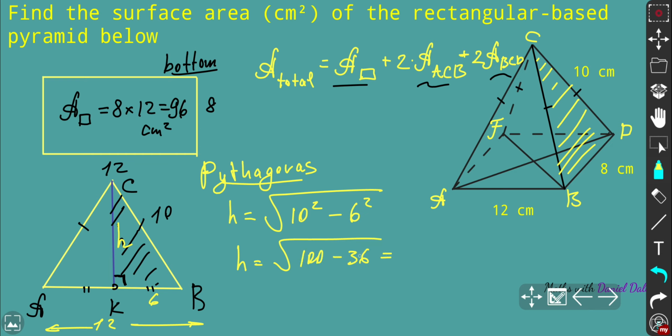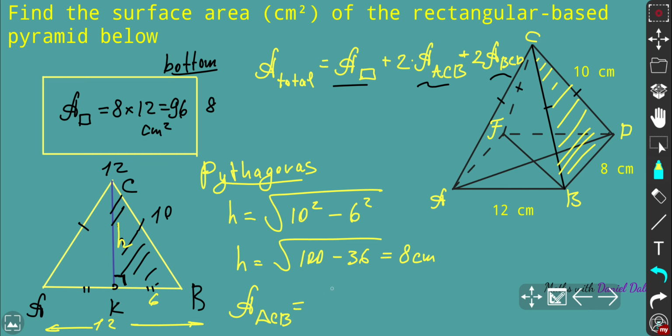That means we'll get the square root of 64, which is 8. So we've got the height is 8 centimeters, and that's for triangle ACB. So that's why we know the height, and now we are able to calculate the area of the triangle